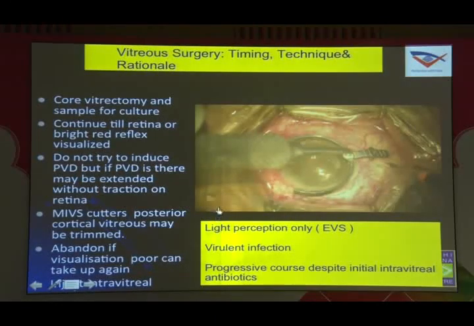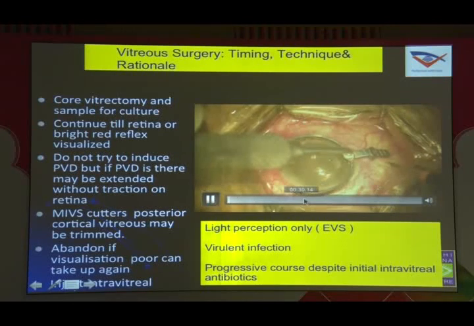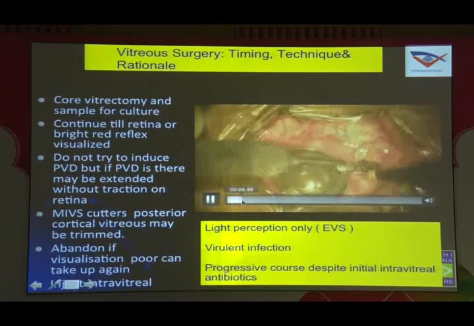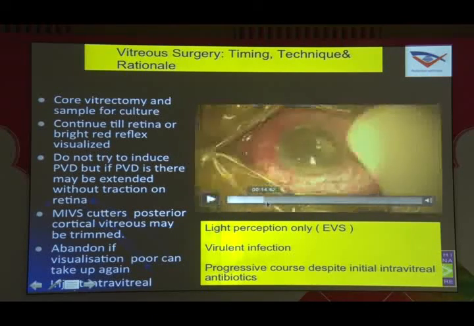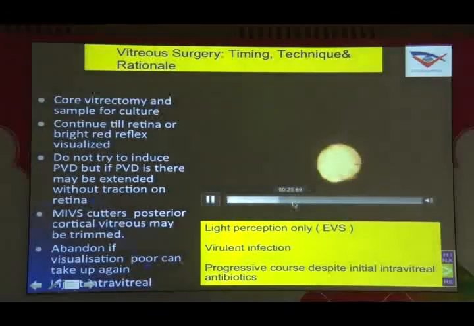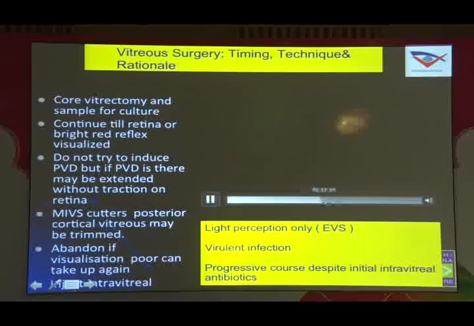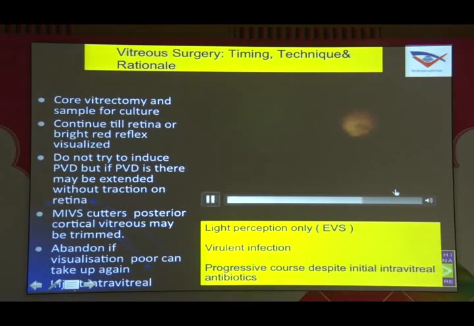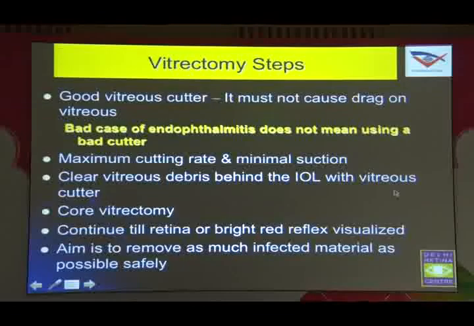So this is another situation where we go in with a microincision vitreous surgery. You can see here, this is being done. You identify the cannula, ensure that it is not suprachoroidal, and then you go ahead and operate till you are able to see the optic disc and nerve. Once you have reached that point, it's better to remove as much vitreous as possible, remove as much exudation as possible, not to induce a PVD, and then you can go ahead and give the intravitreal injections.